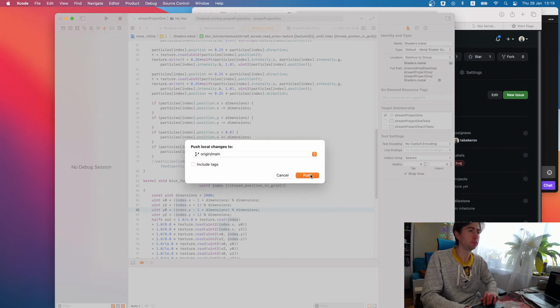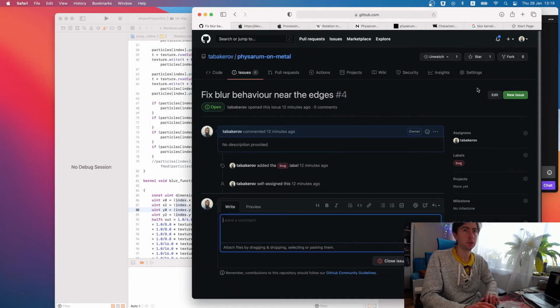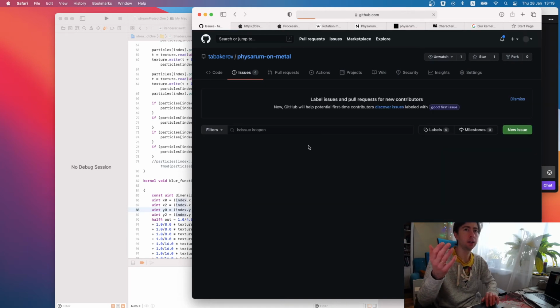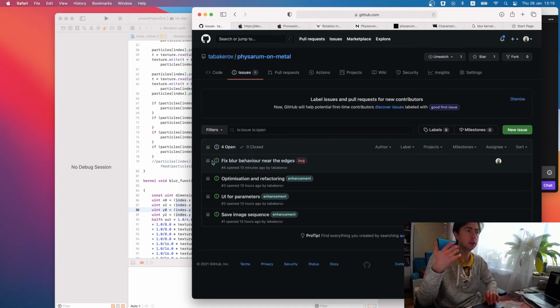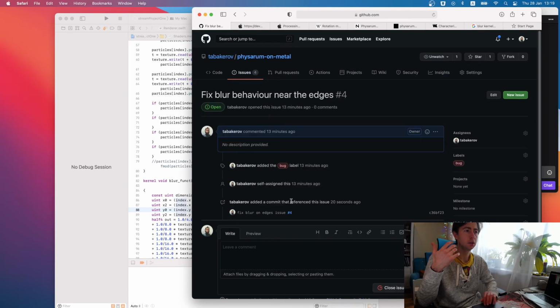Push. What can I do with it? Mark as fixed.